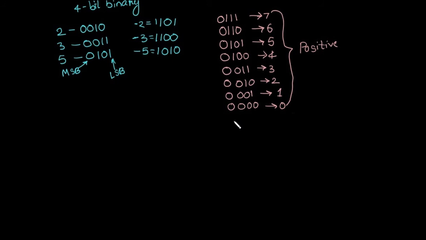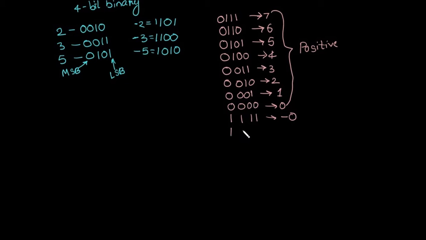Now let us represent the negative numbers. We can represent the negative numbers by interchanging the zeros and ones. For 0, interchange the zeros into ones: 1 1 1 1, which is negative 0. If you have all zeros in 1's complement, then it is positive 0. If you have all ones, then it is negative 0. Similarly, we can flip the ones to zeros and zeros to ones for positive 1, and we get the result